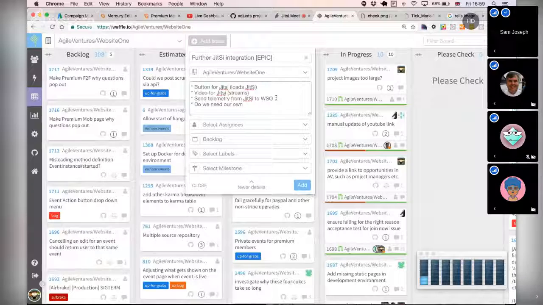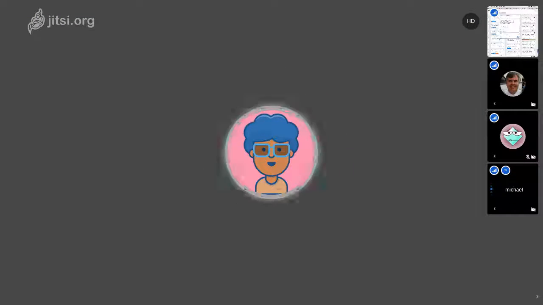Yeah, because with Google Hangouts, we got a lot of people to give us the OAuth for their Google Plus, and then we can match them up to the Hangout data. Right. Whereas with Jitsi, there's no. Well, there's Gravatar.